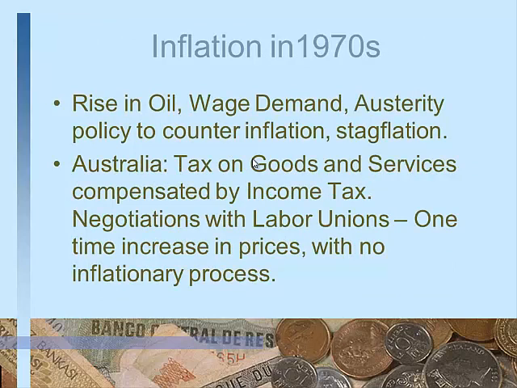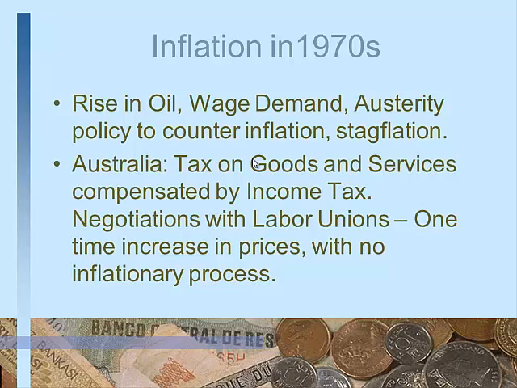So what happened in the 1970s was that there was a rise in oil prices, which led to a cost push inflation. This was misinterpreted by the monetarists as a demand pull inflation, and then austerity policies were taken to counter the inflation, and so these led to stagflation. Inflation continued to occur, but the austerity also created unemployment, so you got both unemployment and inflation at the same time.